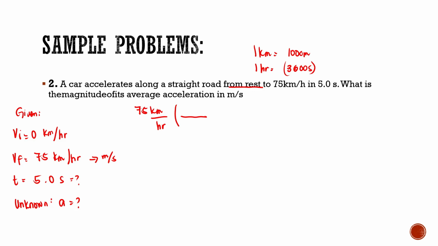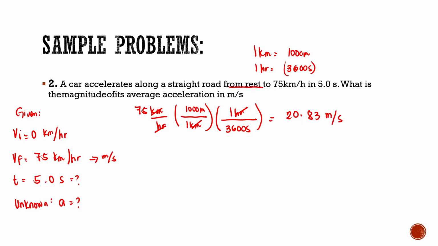So let's put here 1 kilometer, the unit to cancel is 1,000 meters using the conversion factor, and 3,600 seconds at the bottom so that we can cancel the units that should be cancelled. Then let's simplify. 75 times 1,000 divided by 3,600. So the answer is 20.83